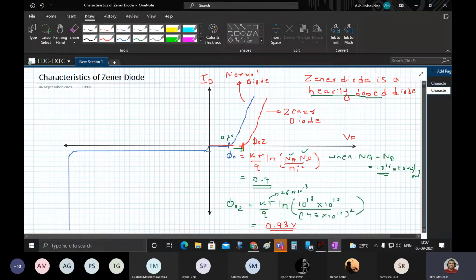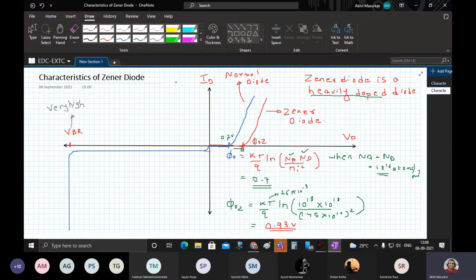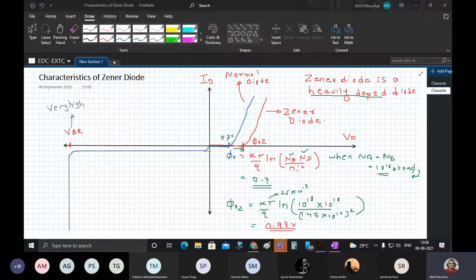Now as far as the reverse characteristics is concerned, this is basically called the breakdown voltage. Again, for a normal diode it is very high. We saw that last time, but this time we have to do a comparative analysis between the normal diode and the Zener diode, because you will always get a question in the Viva, or in general while doing any design: for which applications should I use a normal diode and for which applications should I use a Zener diode. That is the question you always have to answer.